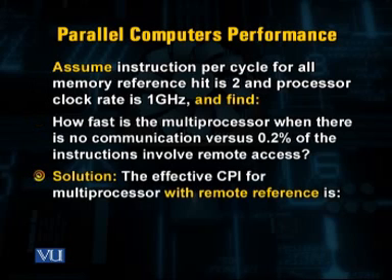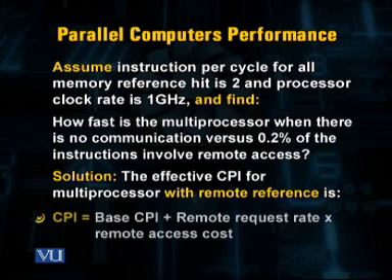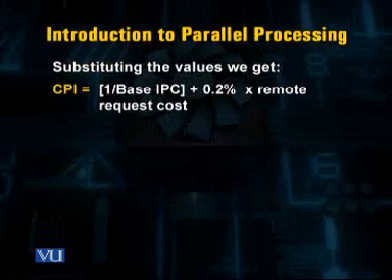For this example, we can calculate the clock cycles per instruction as equal to the sum of the base clock cycles per instruction and the product of the remote access request rate and the remote access cost. Now, for this example, you can see that by substituting the values from the given example into this expression for clock